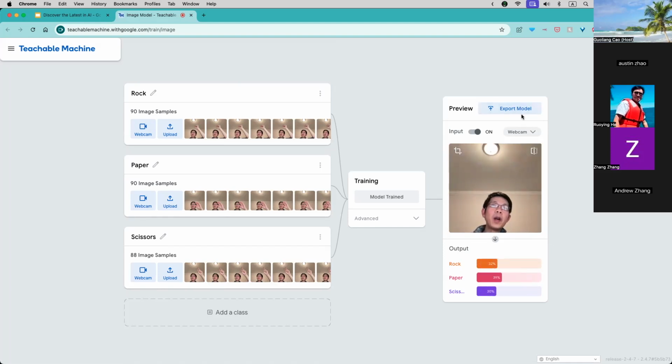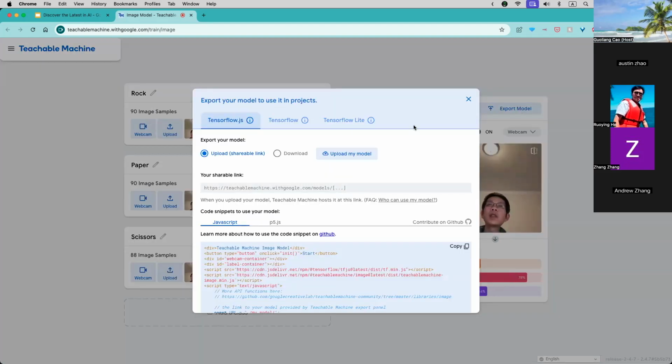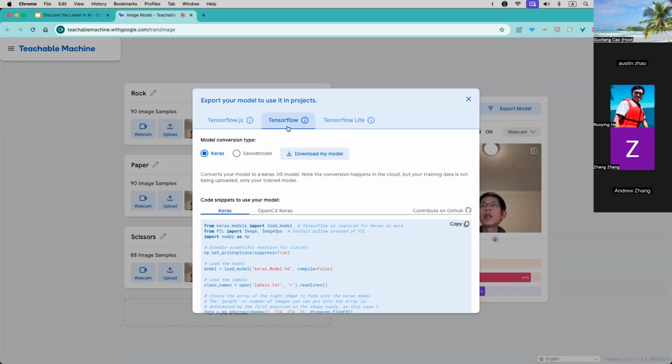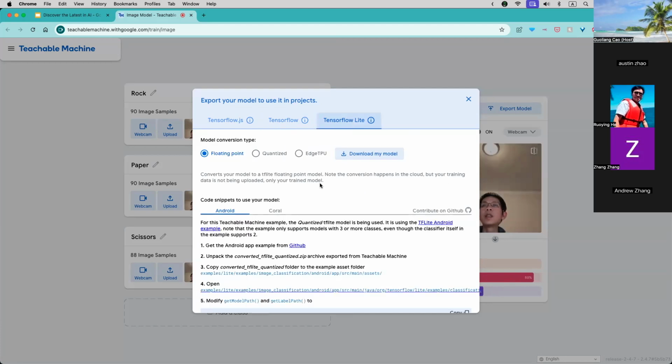So you have the model and you are able to export it. You can export in different formats: TensorFlow, Keras, and TensorFlow Lite. TensorFlow Lite probably gives you a smaller model.